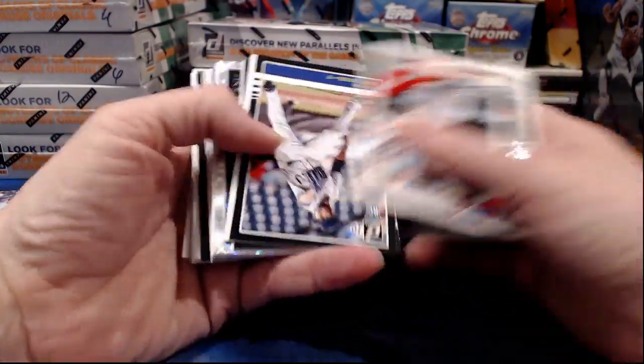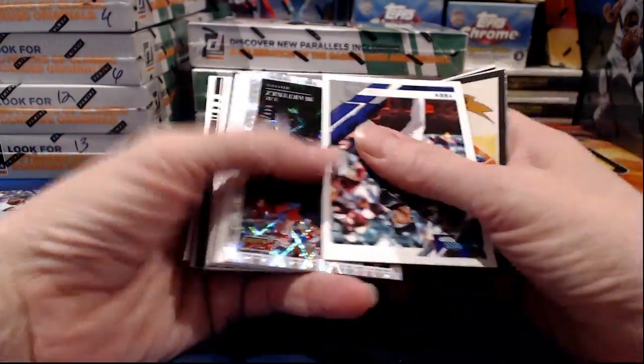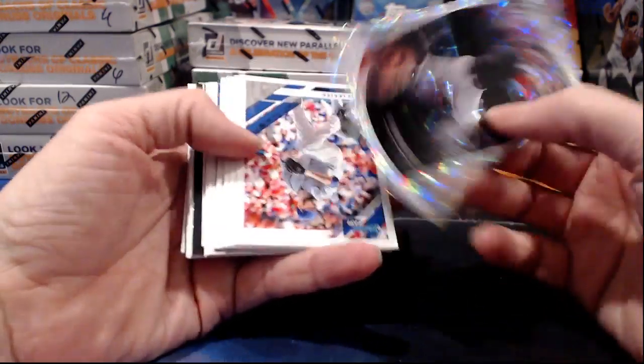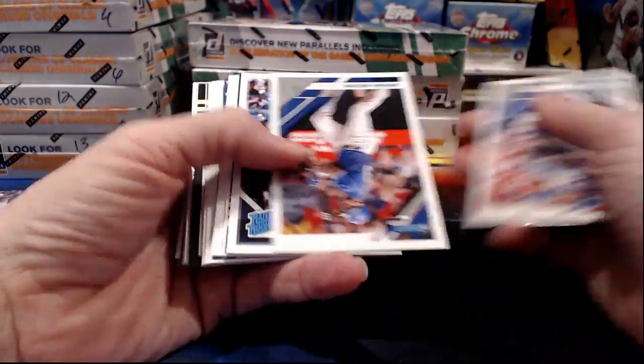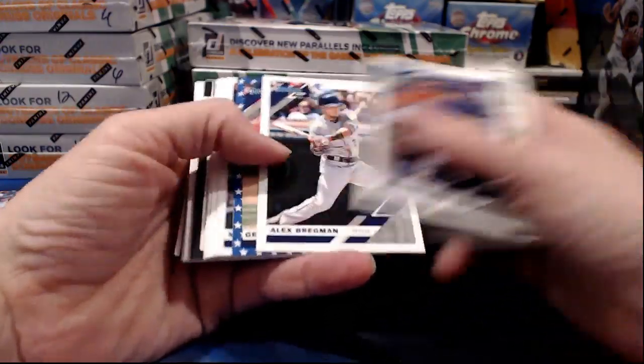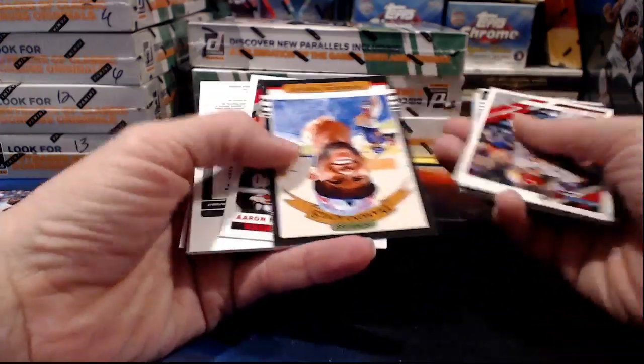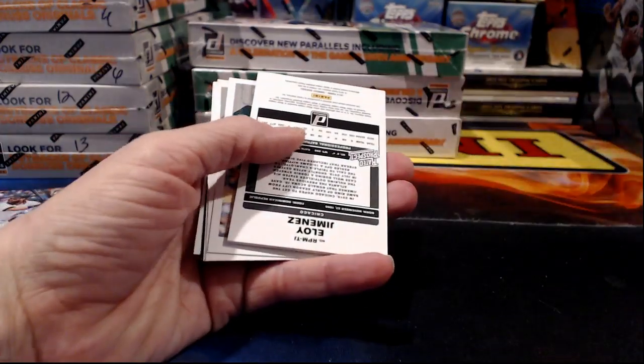Greg, he's talking about Prism Draft Picks football, the one that comes out on Friday. That's the one that Nelson was asking about. That's our first Panini release for 2019 football. Of course, they'll